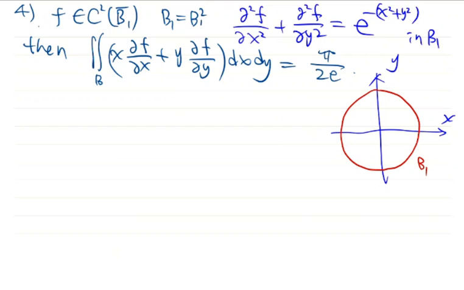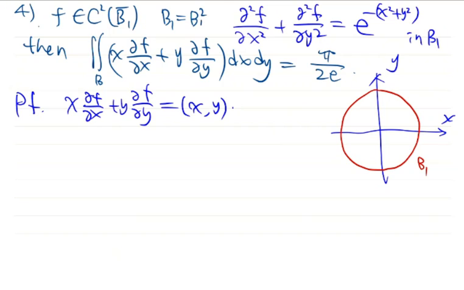This problem has many different methods, but I can only talk about one of these. The key point is to observe that x df dx plus y df dy can be considered as the inner product of (x, y) with the gradient of f. This is the point. So why do we want this? Because